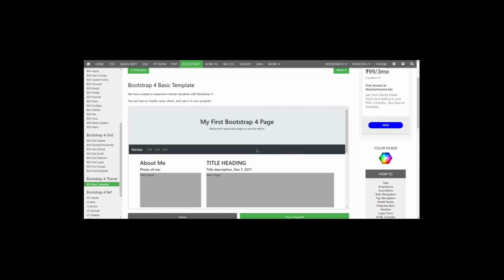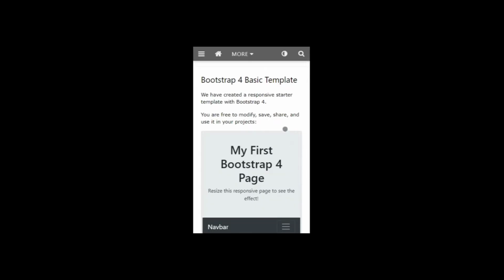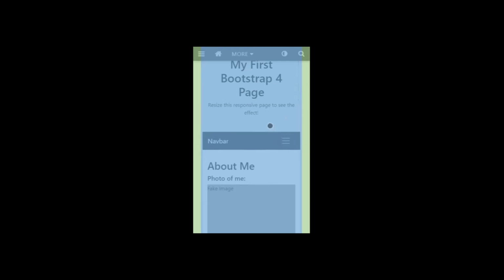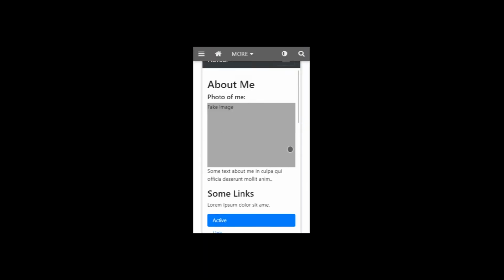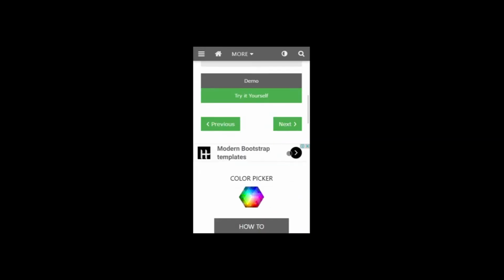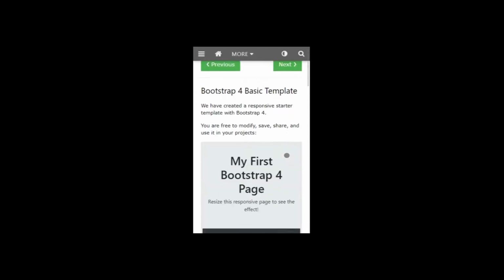What Bootstrap does is, let me inspect this and switch to mobile view. Now see how beautifully it adjusts in mobile view. And to do this, you no need to do extra coding.